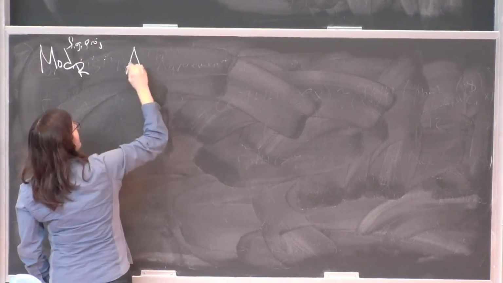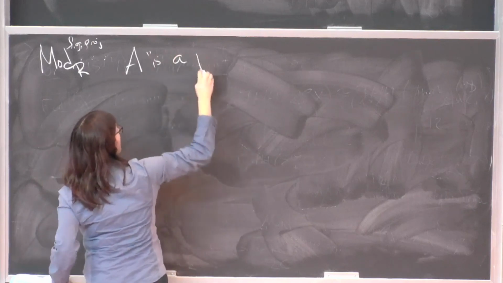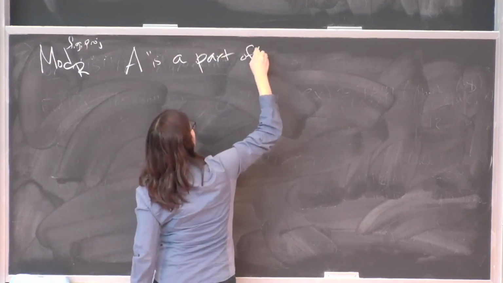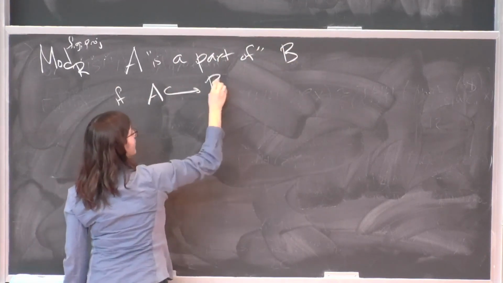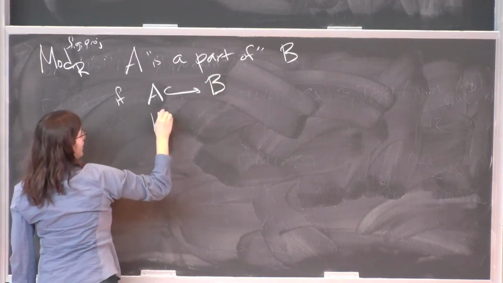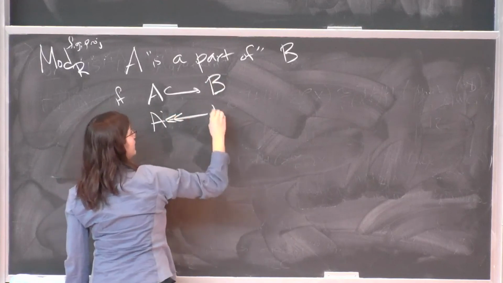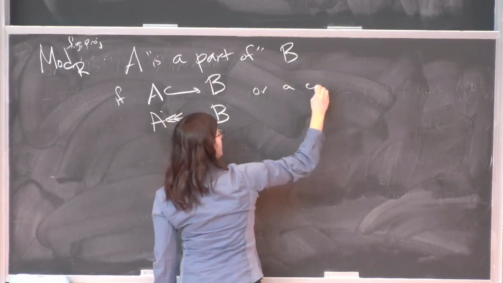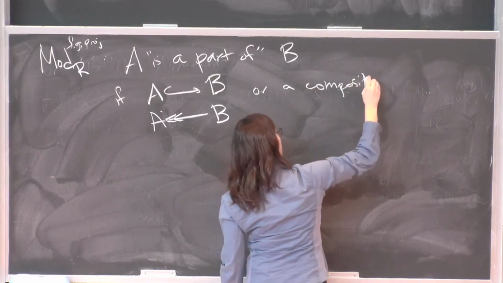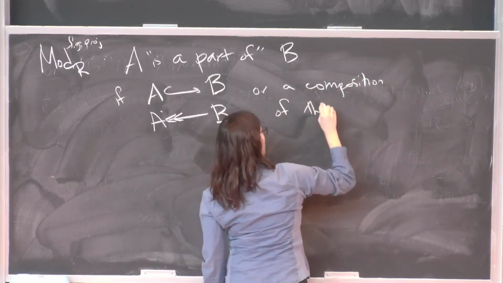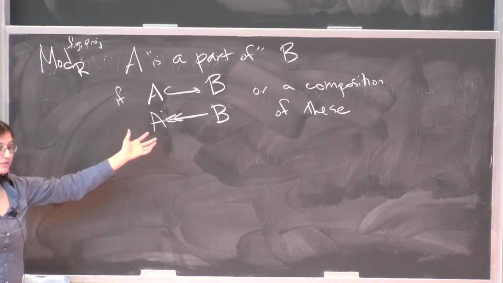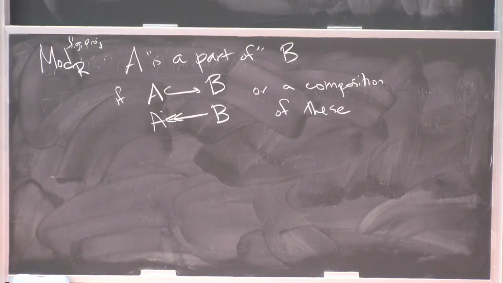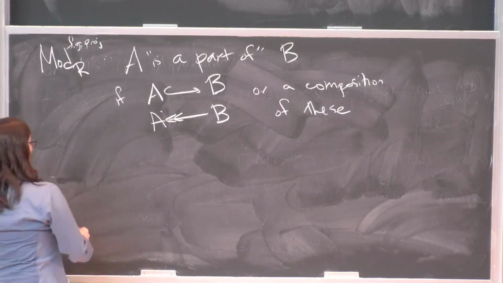So if we say that A is, in quotation marks, a part of B, if A is a submodule of B, or if A is a quotient of B, or a composition of these. So what we're going to do is define a category whose paths are formal compositions of these. And then we're going to say that paths in this category are what give us our space. So we're going to define,